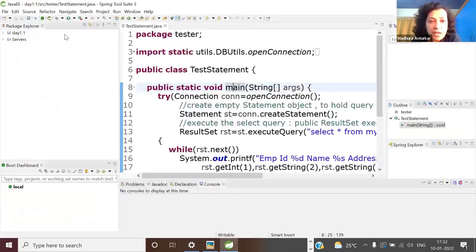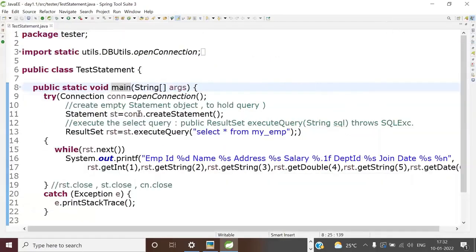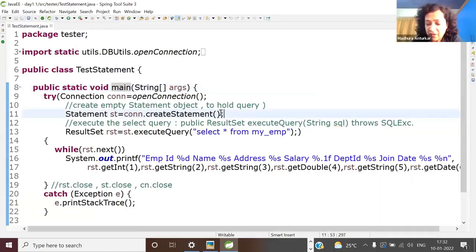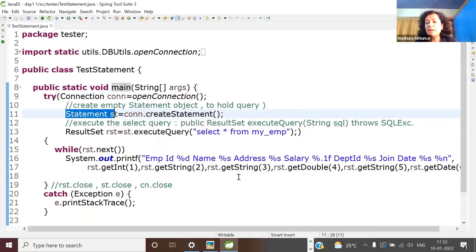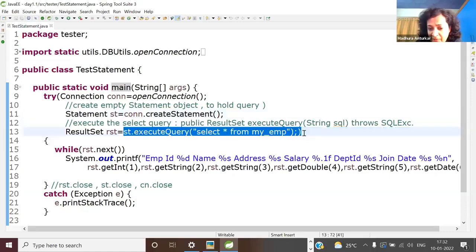So if you see our test statement, I was asking you, Shubham, whenever you are creating a statement object, are we passing any SQL here? No. So what does the statement object represent, the query? Is it an empty one or is it populated with a query? Empty. Right. When do you pass the query actually? At the execution time. So this is about your statement.